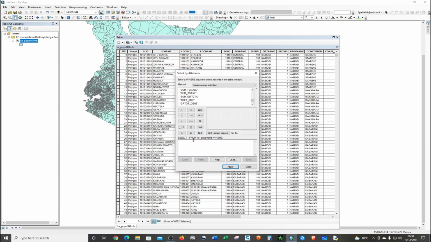Then you're going to select all records from this table where province name is equivalent to, you're going to get the unique values. Let's say Central,